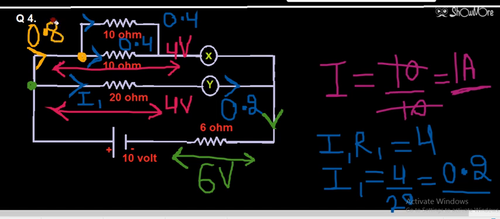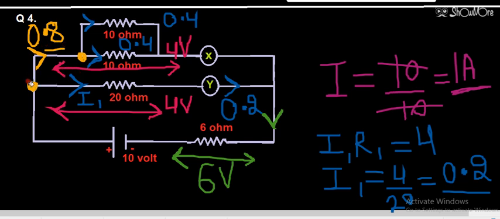ampere. Now students, you can check the condition from this point onward also. From this point onward current is divided into two parts. One part is flowing in this direction, that is 0.2 ampere. One part is flowing in this direction, that is 0.8. That means all the conditions are satisfied. You can verify the results. 0.8 is flowing here, 0.2 is flowing on this side.